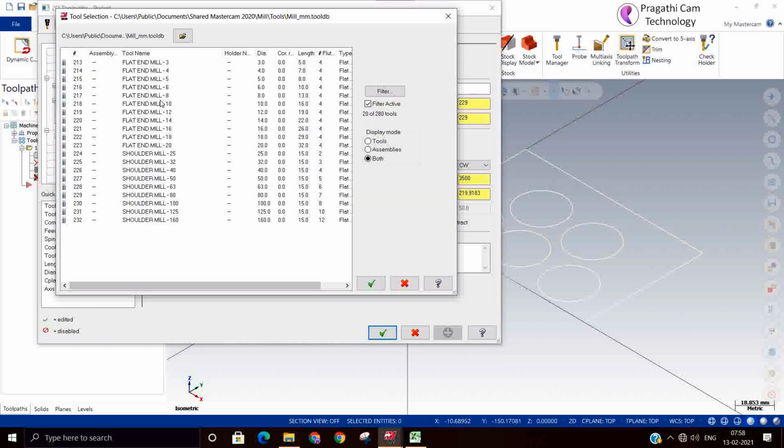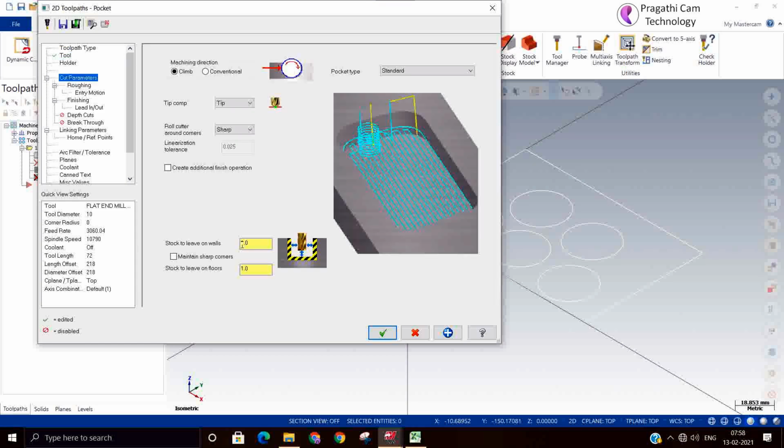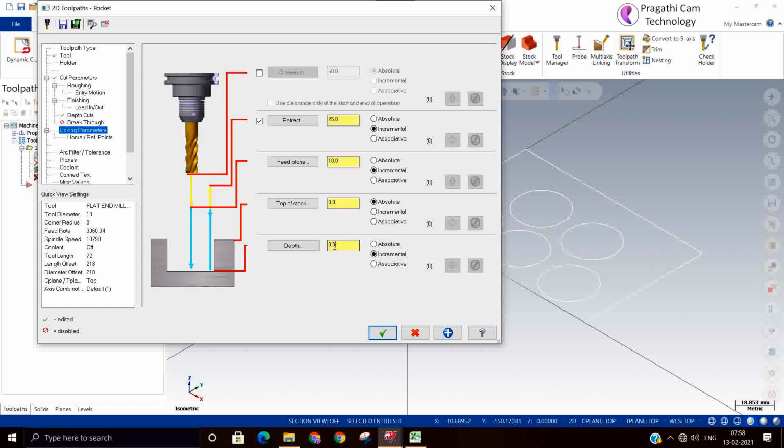Stock I'll keep 0. Now I'll keep a very small depth of cut here, 0.2 mm. Suppose the sheet thickness is about 0.8, a sheet metal.